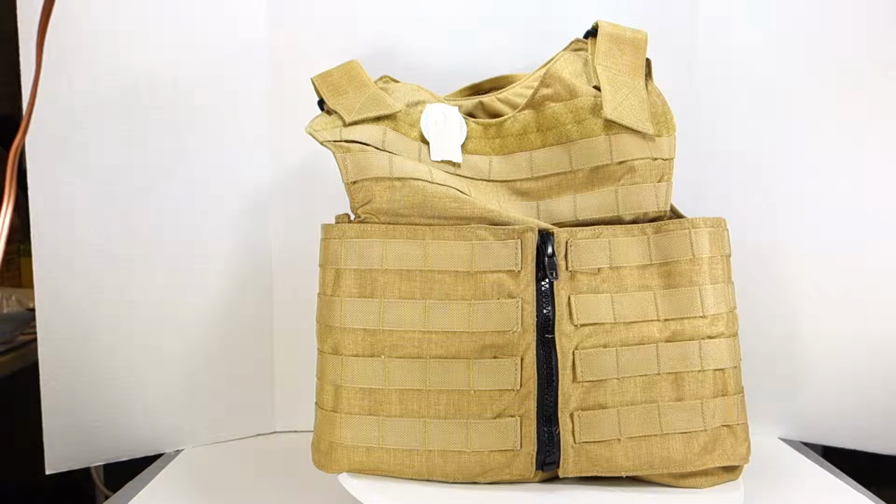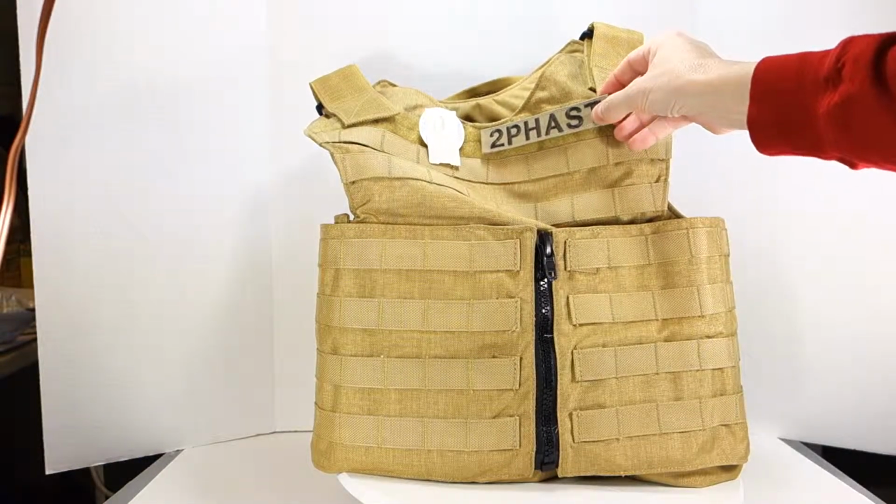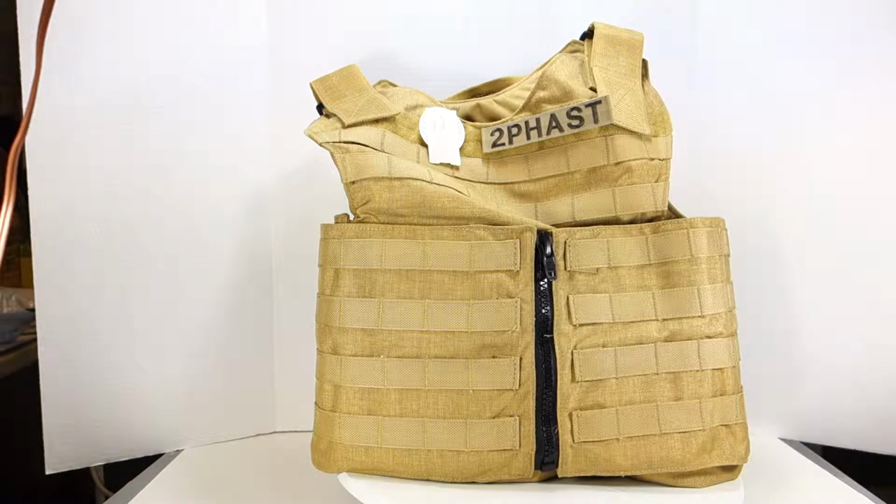The color is listed as wheat. Now, wheat could mean a lot of things. What it means is it's not coyote brown. Wheat is not even really tan. It's a shade of tan, but for example, this name tape, which I'll stick up there, that's a desert tan